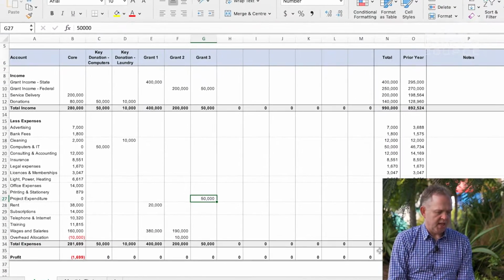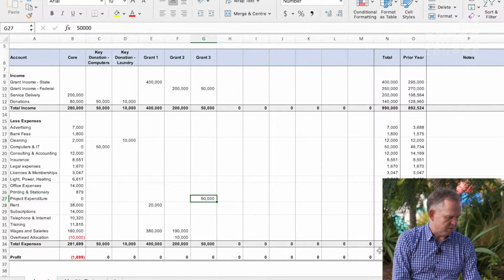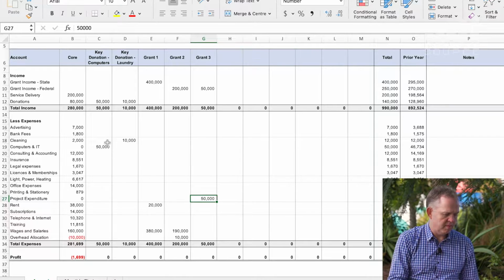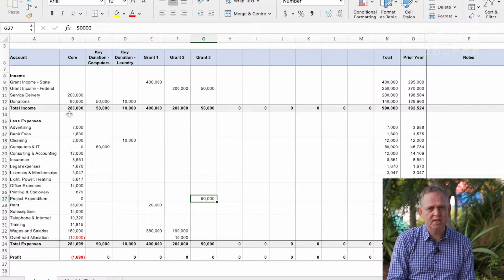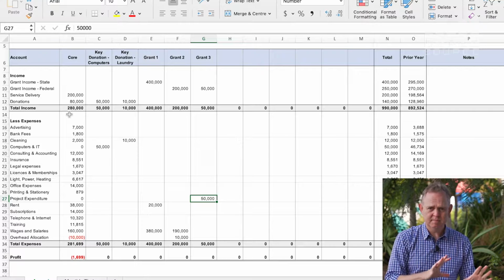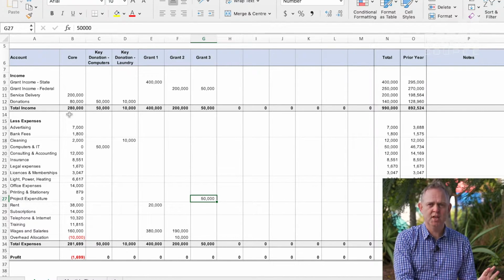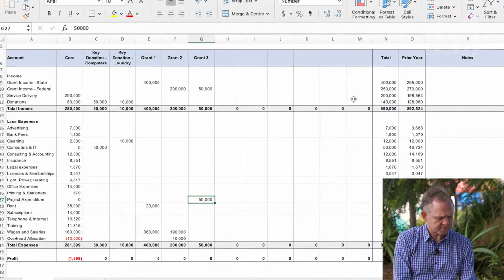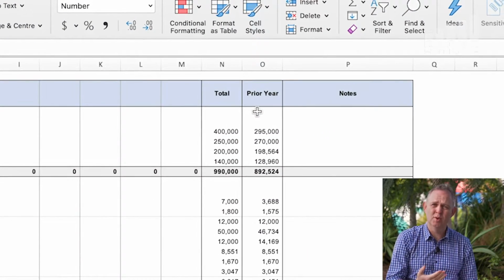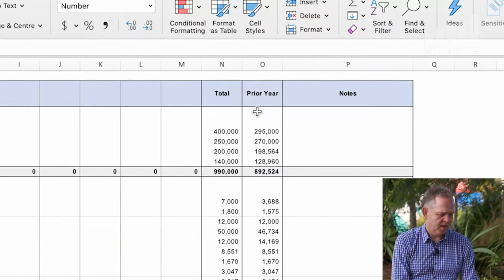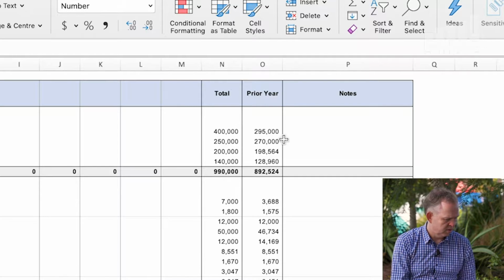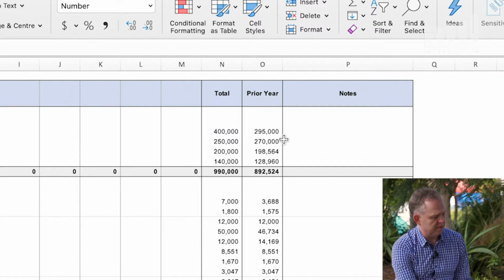You might want to tweak that and change some of it. Maybe you want to spend a little bit less on advertising, or maybe you want to up your target for your donations, all those types of things. That's up to you. This first sheet is for tweaking where you are for the year. Now, what I like to always have when looking at that is what happened the prior year. And then you can understand what's different, and maybe make some notes so that you know what's